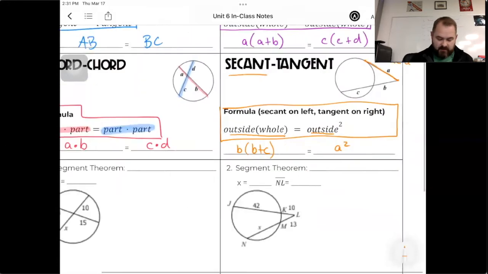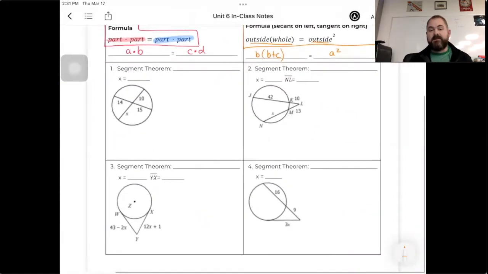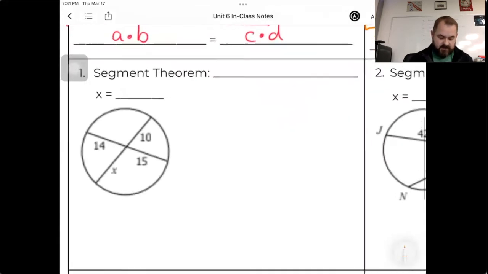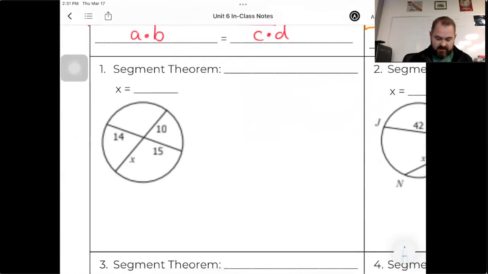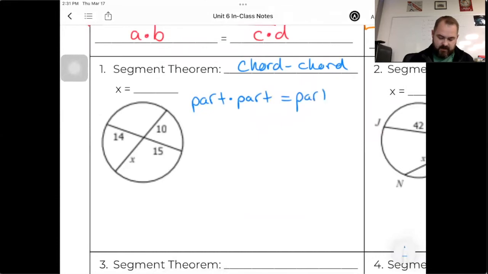So all we have to do for our problems here is identify which of these theorems, which of these formulas we should use. So for this first one, this is an intersection of two chords. Both those segments are chords. So the segment theorem is chord, chord. And the formula is part times part equals part times part,